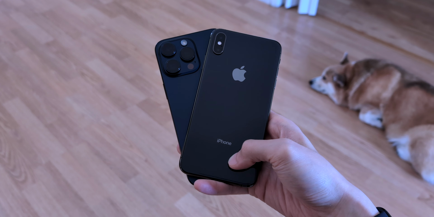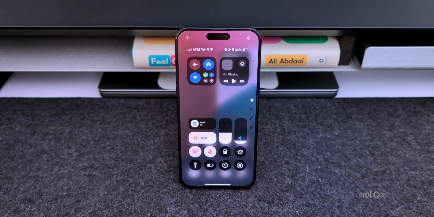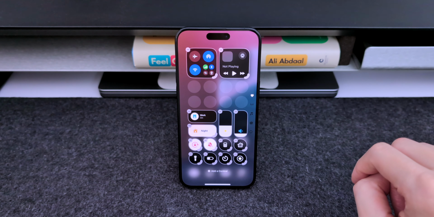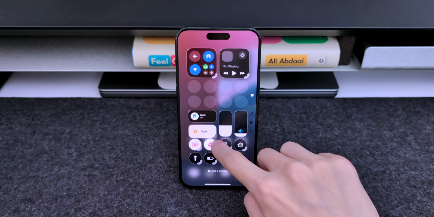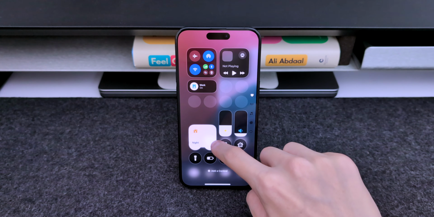Alright, the next feature is more customization, but this time, it's in Control Center. The general layout is still the same, but some icons are more rounded, where others are circles instead of rounded squares. So just like the home screen, you can now move controls anywhere. There's no jiggle mode though. Most controls are resizable like widgets, so you have 3 options, 1x1, 1x2, and 2x2.